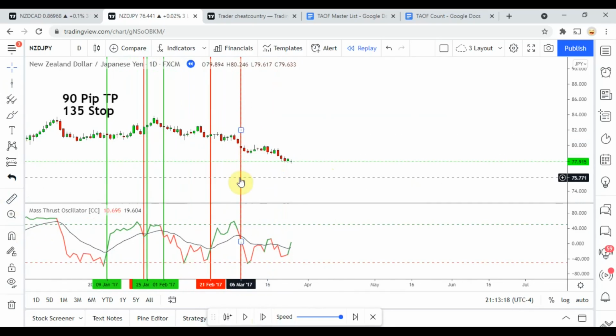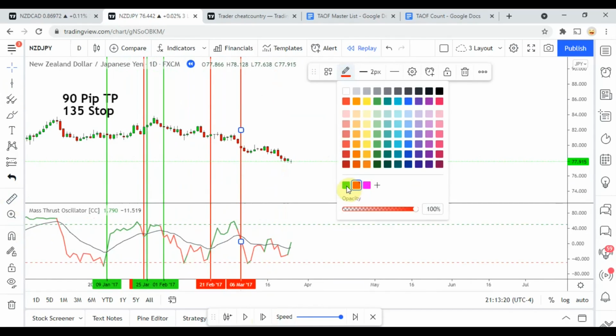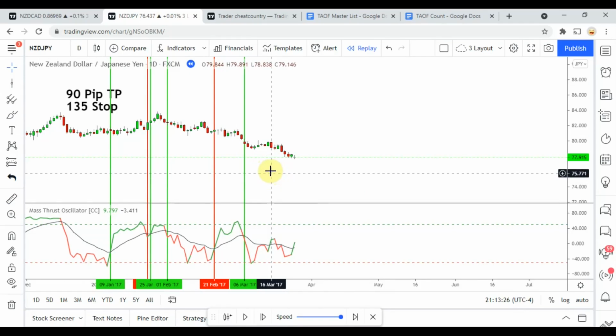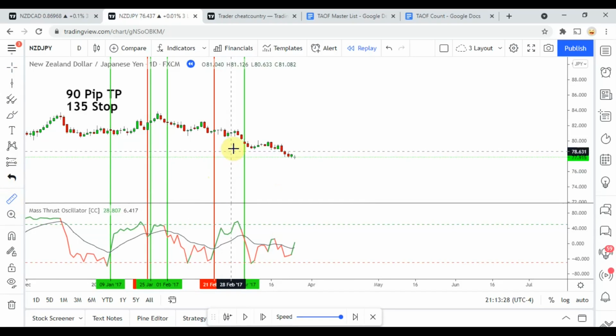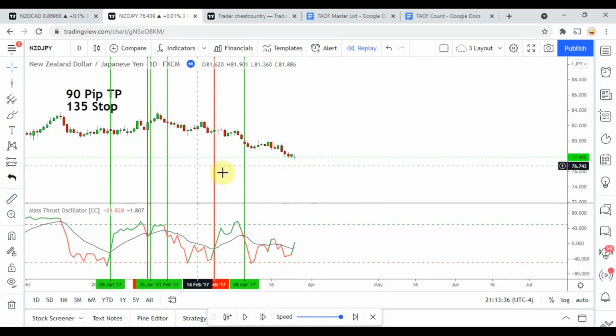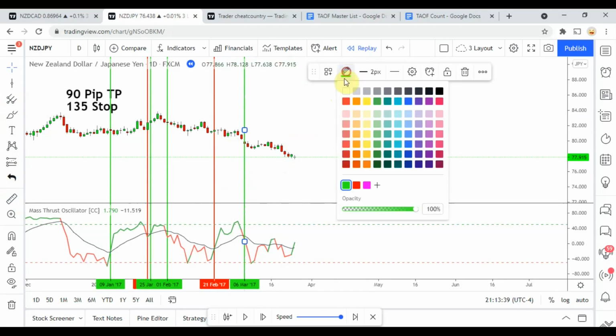Need about 10 more pips out of it, and right there we get it. So actually, let's double check here. Looks like we may have gotten in trouble here as it flip-flopped itself. Just measure this out one more time. Yeah, it looks like we didn't actually hit it until over there. So what happened was